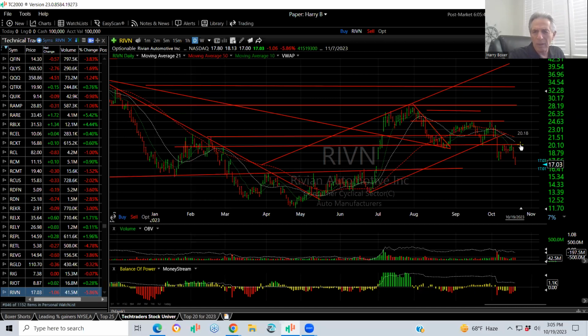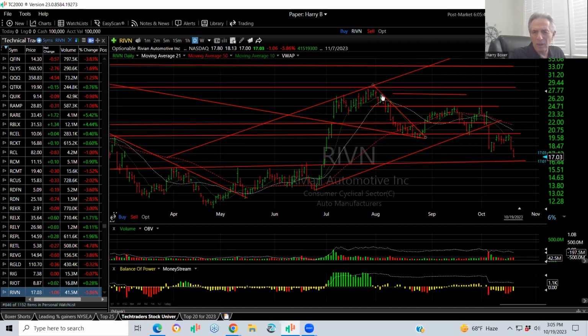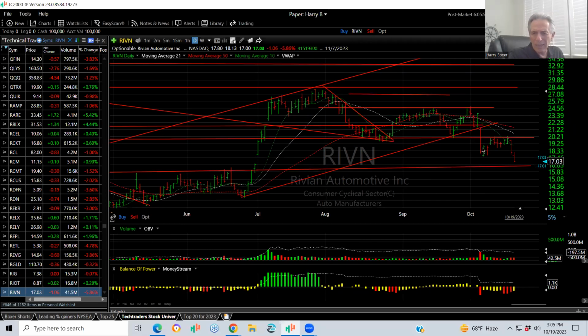This is a very bearish looking chart. And the reason I say that is when you come down and form a base pattern, you expect it to break out. Instead, it rolled over and took out double bottom support. Then it bounced up twice, couldn't get through, and formed what most technical analysts would call a bear wedge. See it? That bear wedge broke.